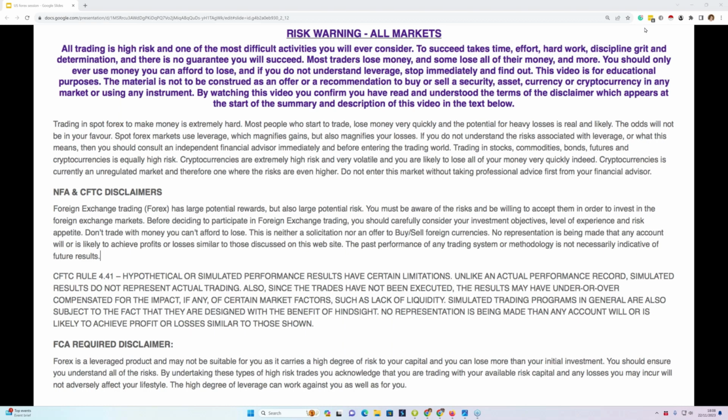Market and discover a little bit more about how you can apply volume price analysis to both your trading and